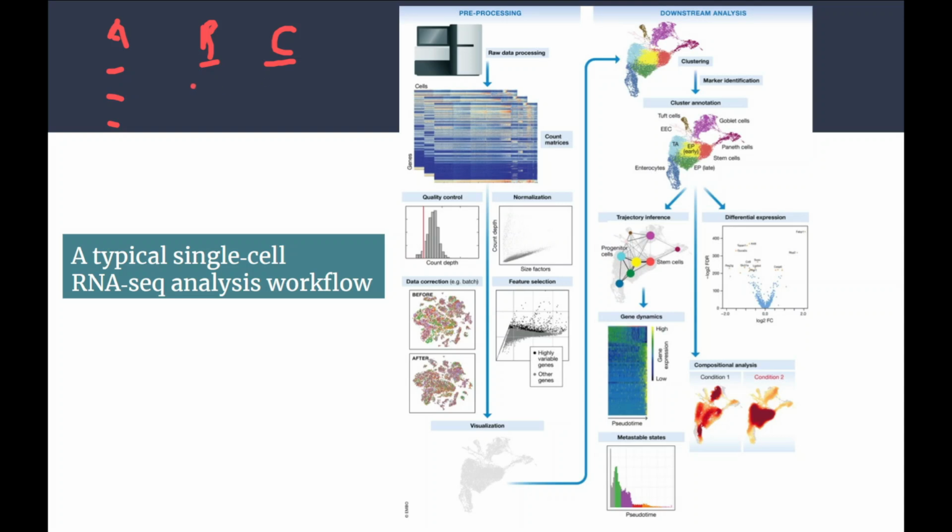Also, let's say I ask all three people to repeat the single cell wet lab experiment. I provide everything the same: the solution, buffer, whatever is required to perform the single cell experiment. But you will still find differences in the results. Why? Because of the handling part. Someone is good at pipetting, someone is not too good at pipetting, someone is not good at handling and storing the solutions and buffers. So there will be variation in the output.